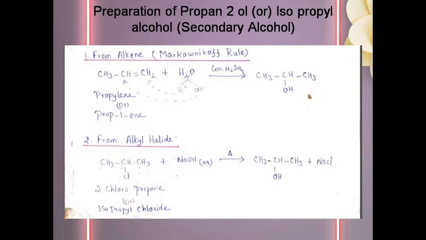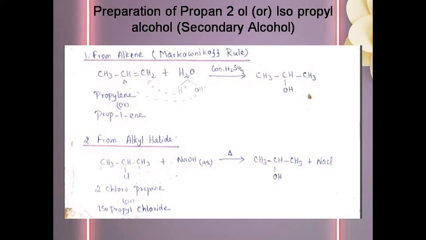We studied it in our 11th standard. Now, first propene. Propene means 3 carbons, so a double bond is present there. So the name of that compound is prop-1-ene. In the first carbon we have the double bond, so prop-1-ene. And the common name is propylene. The double bond in the common name is 'ylene', so propylene.